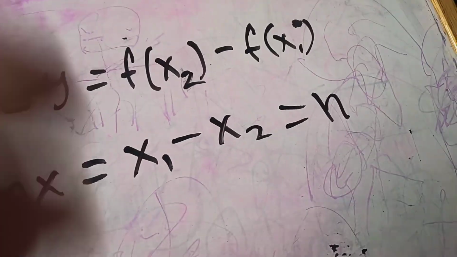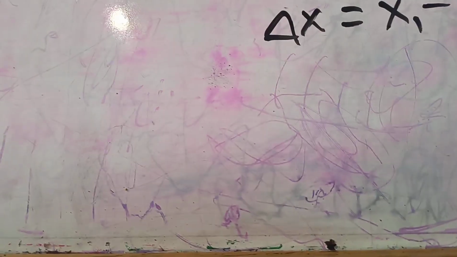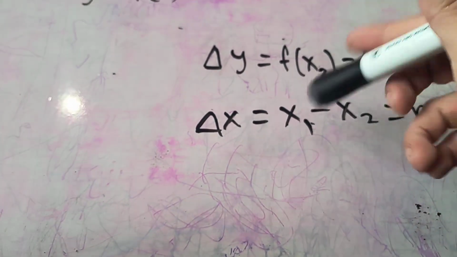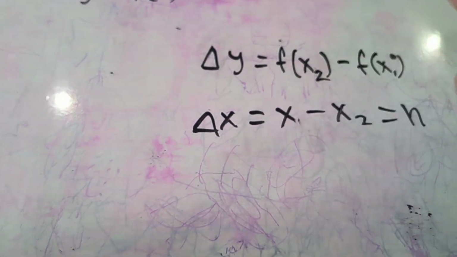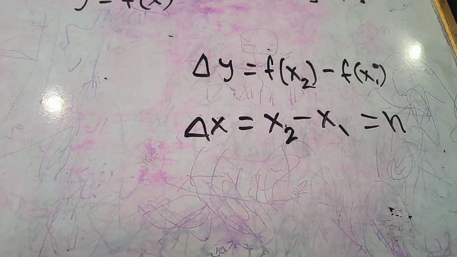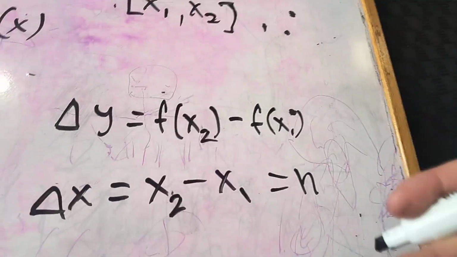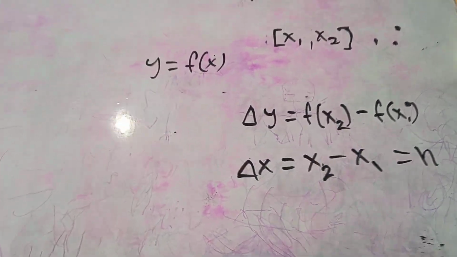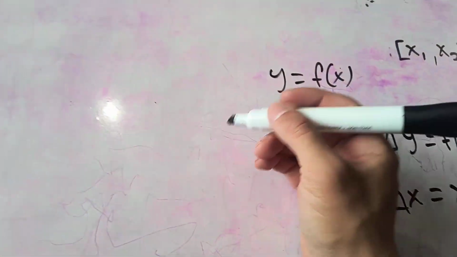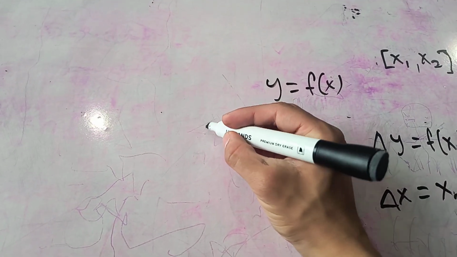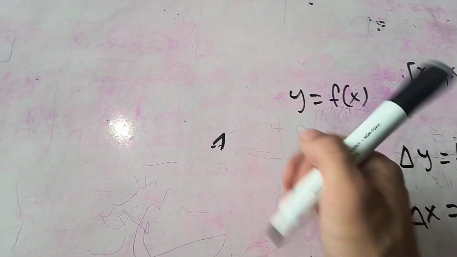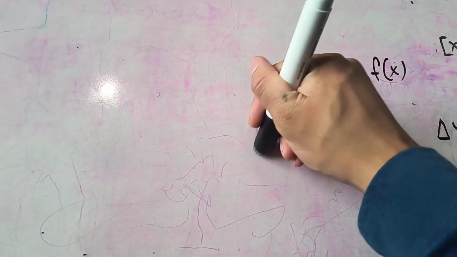This is the difference. h will be equal to the difference of x. Well, these are supposed to be swapped around again. I put x1, x2 minus x1. We'll call it h. And it would be equal to how much the change of y is with respect to the change of x. So this change of y